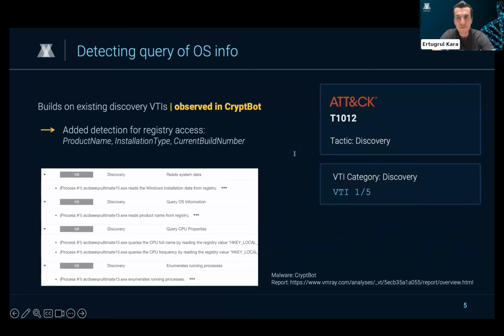So let's start with a quick update to one of our discovery VTIs. If you're not familiar, discovery VTIs are mostly informational. They highlight behavior that's interesting, but don't automatically add to the verdict of whether it is malicious. So typically it's scored 1 out of 5. We already had VTIs in place for reading registry values like install date or product ID, which are pretty common for typical software to query. But in a recent malicious sample, a CryptBot InfoStealer sample, we noticed it was also reading a few